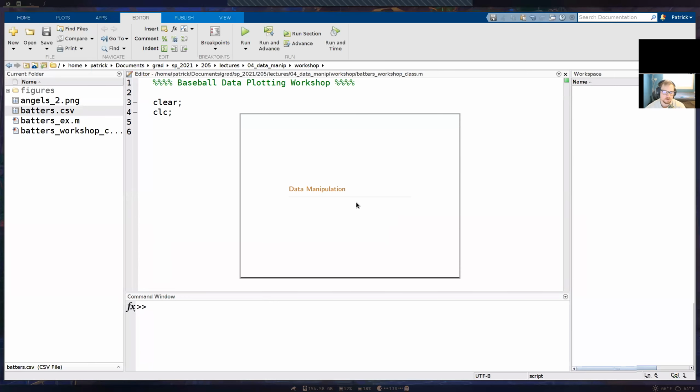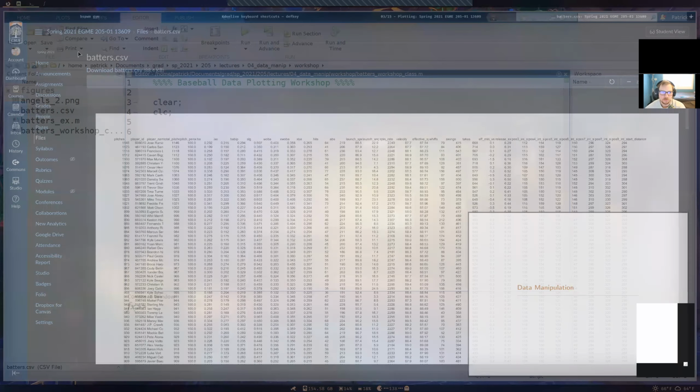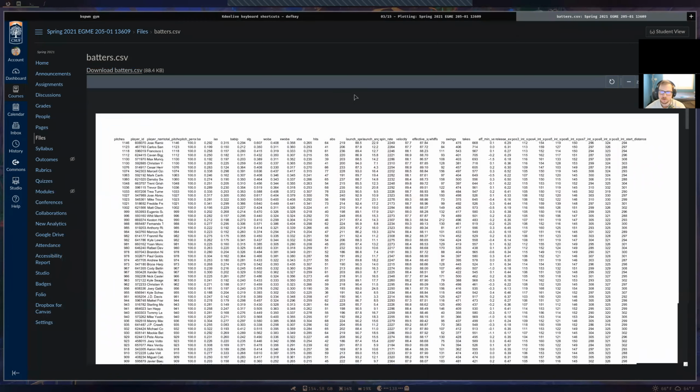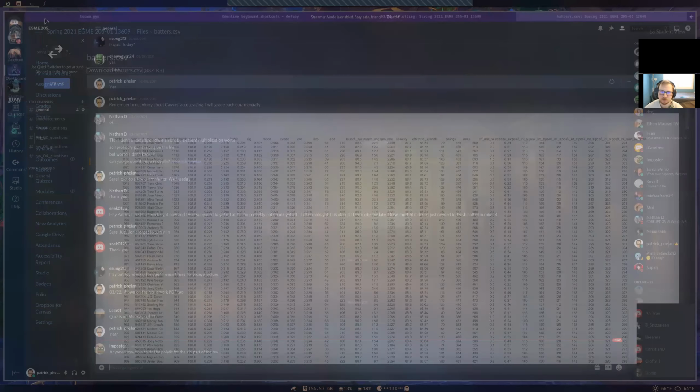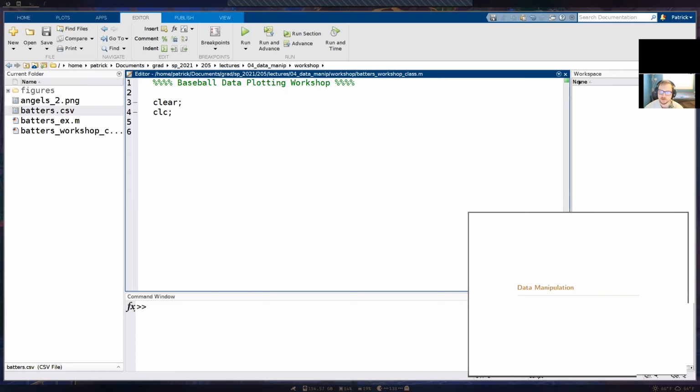For the question, how can we put it in the same folder? So for that, hopefully you guys saw the video that I made a few weeks ago now for organizing your files. So hopefully you have a folder for this class. So you would go in the folder for this class and then put this file for the data wherever you want to put it for this class. And then just make sure when you're in Matlab that when you make your new script,